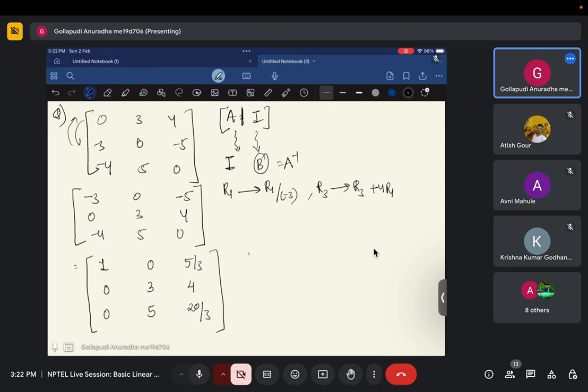Further, I want to make this element as 1, so R2 by 3 will give me